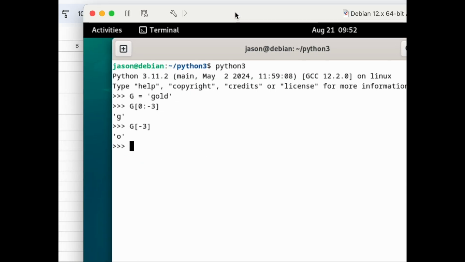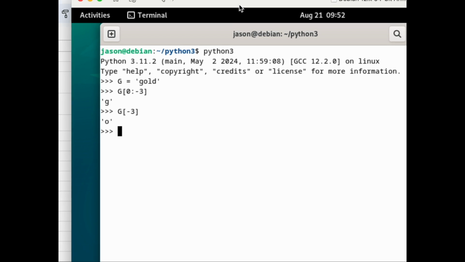One final thing I wanted to mention about indexing is several shortcuts that you can take. If you said g and then a colon and then ended the indexing here, we wind up with gold. And if you left this space empty and you just said 3, that gives us the very first 3 letters, because there's an implied 0 on this other end.